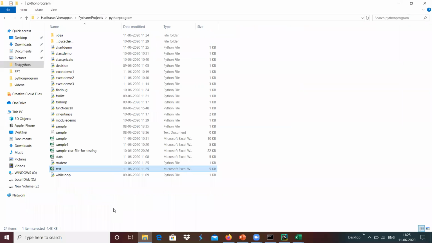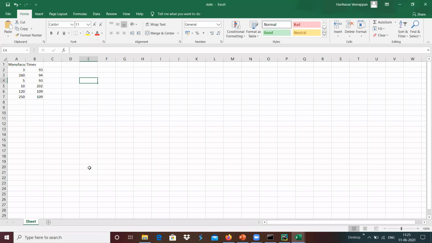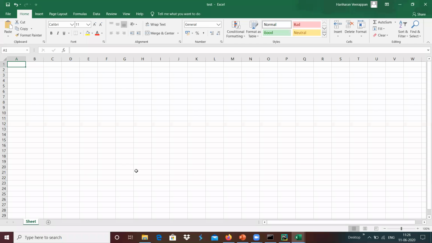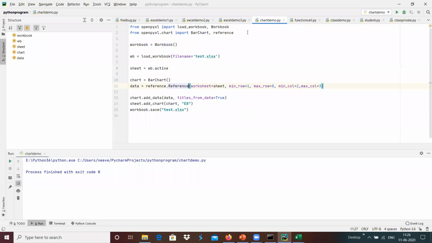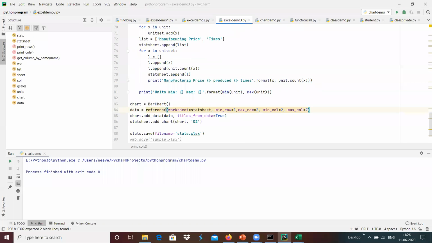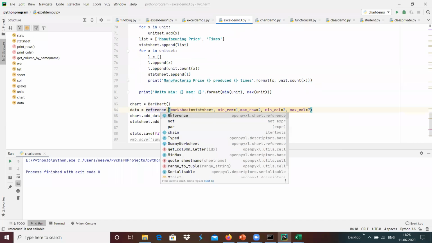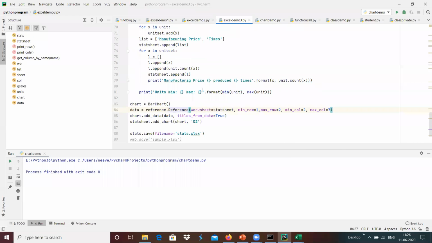It's done with the execution. Maybe if I open this test, it does not have that updated. The data has been lost. Maybe I'm going to use the same format in the Excel sheet, the reference dot reference over here.